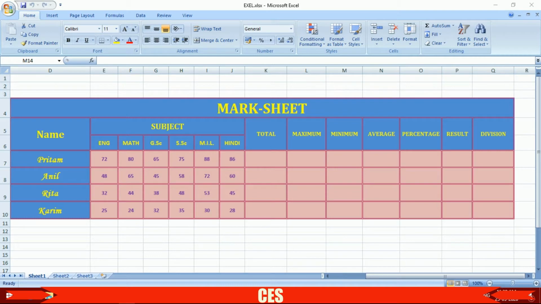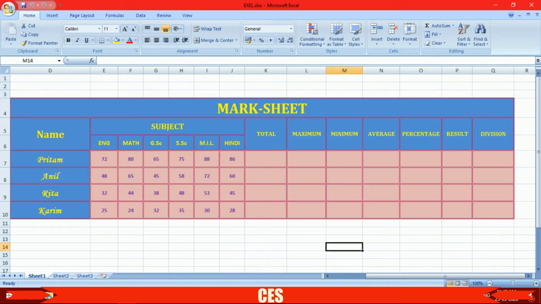First of all, we are going to calculate the total marks obtained by Pritam. Now we should add the marks obtained by Pritam here in this cell. Let's see. I am going to use a formula here to calculate the total.